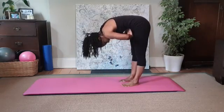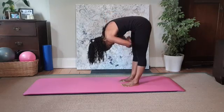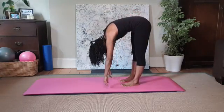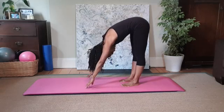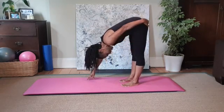I want to feel the sensation of my rib cage pulling in, breastbone towards the spine, belly button towards the spine, and tailbone wanting to hang down behind me. Really get long from my forehead to my tail. Feel that stretch. I'm going to walk my fingertips out a little bit. I'm going to go ahead and lengthen through my legs, get a nice stretch up the back of my legs,